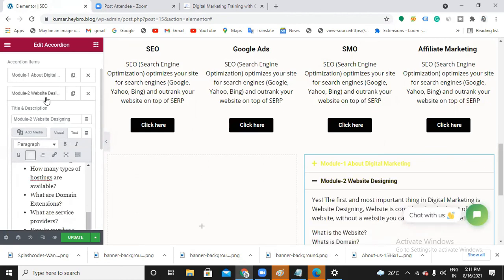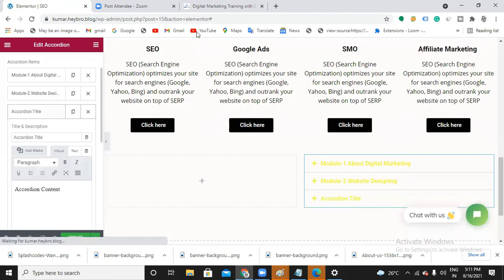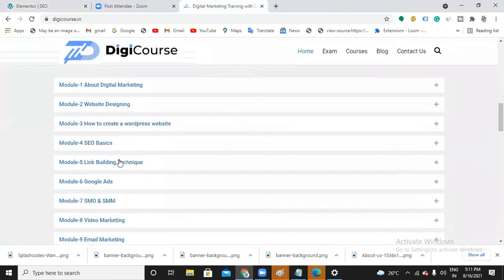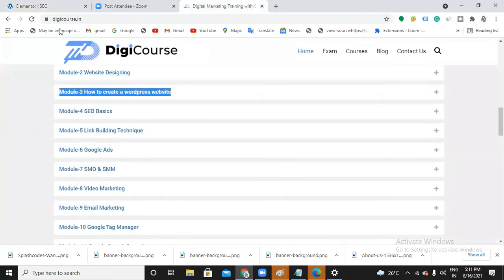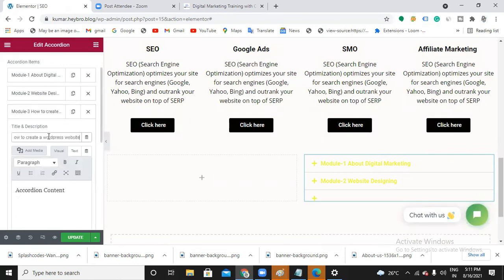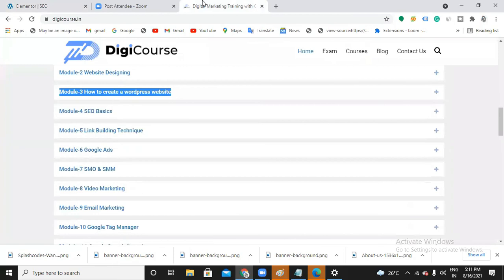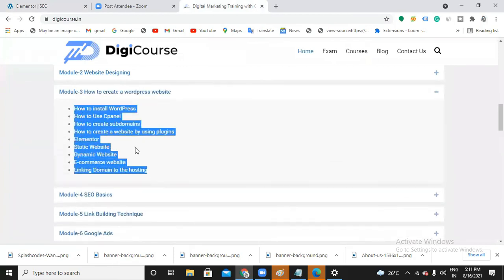All right. So do you want to add a few more, guys? If you want to add a few more, then click this add icon and then you can add it. We used only accordion, ma'am, no? Accordion or toggle, anything is fine. Toggle is similar to this. Right, understood. I use the same.